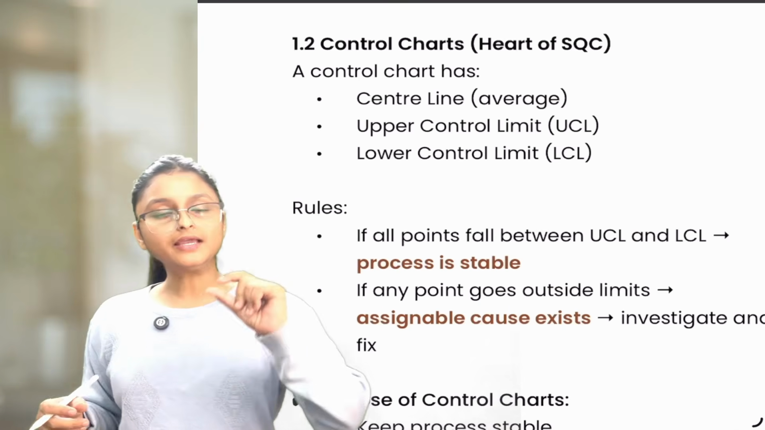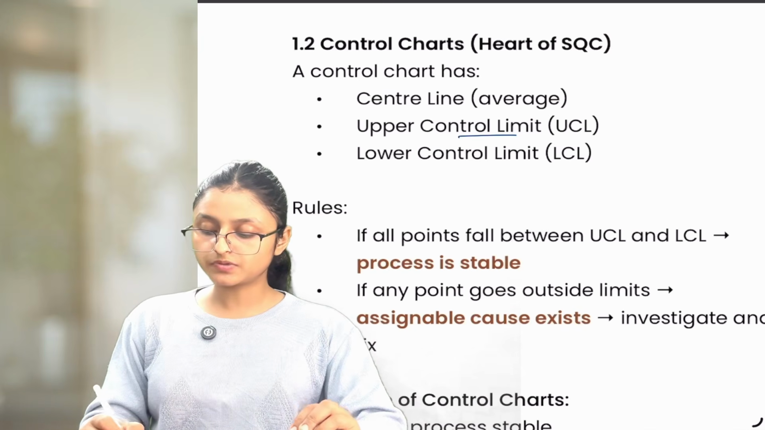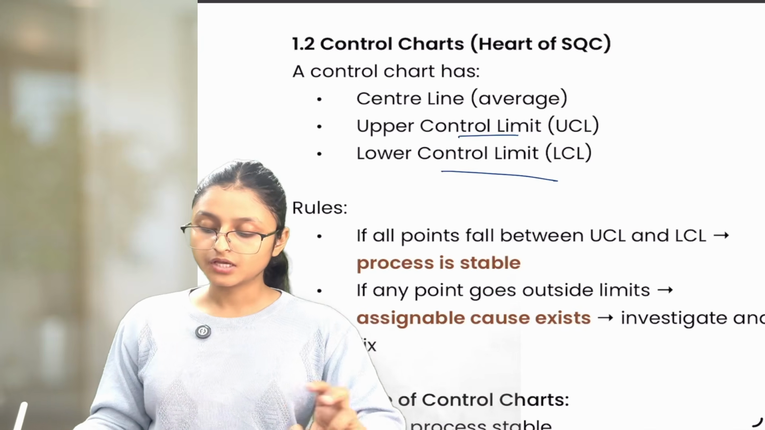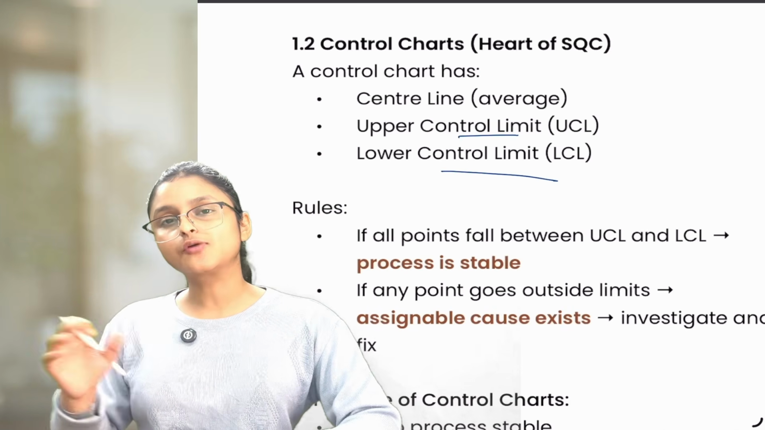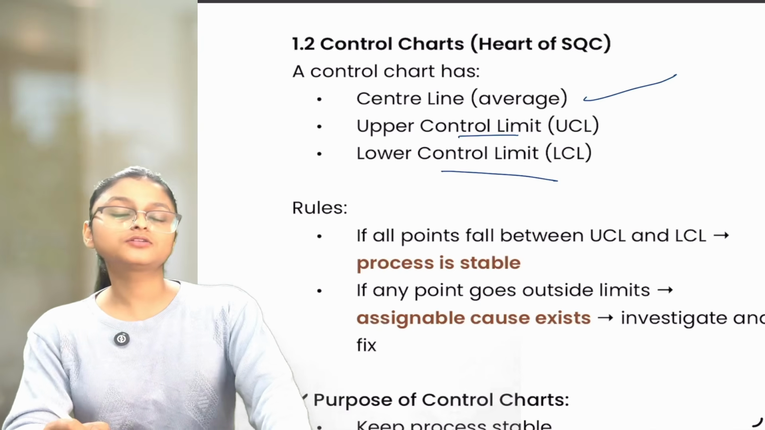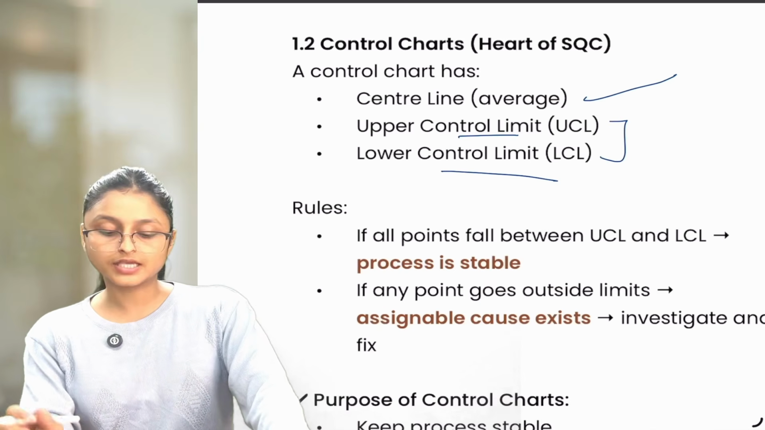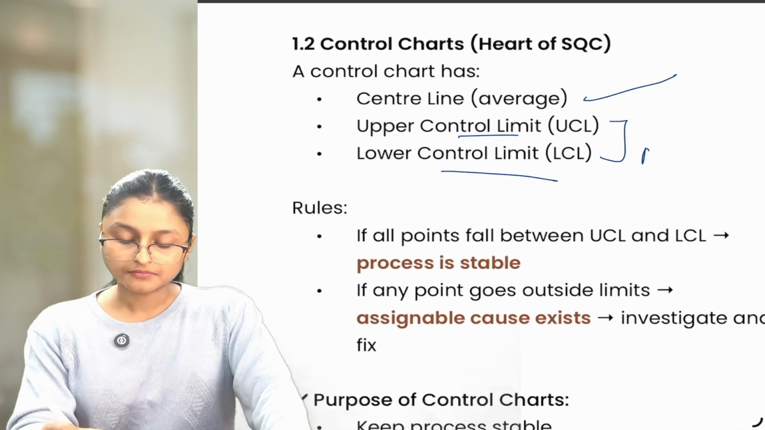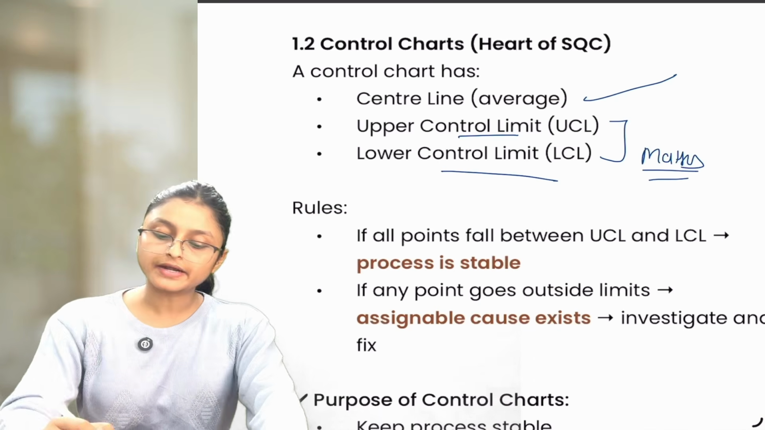Now this thing can come into your mind: how will organizations decide the upper control and lower control limit? The center is the average, the normal or average output we are getting, so that will be the center. But how will the upper and lower control limits be decided? So there is a specific formula for the same. We are not going into that, but we use some maths, some formula